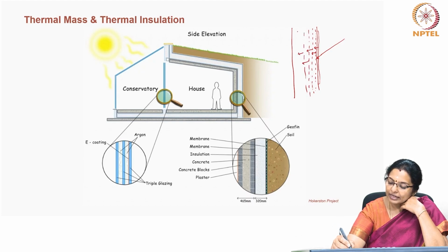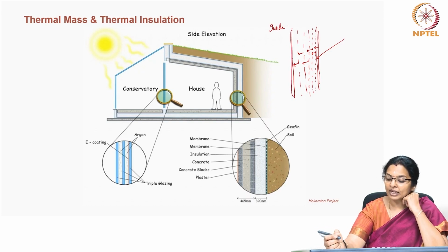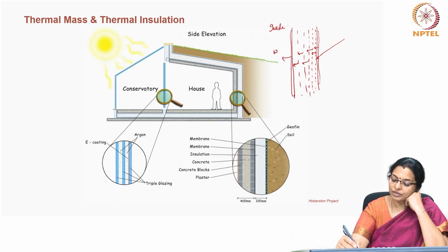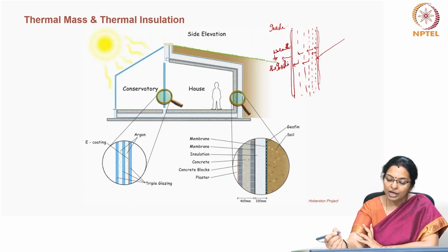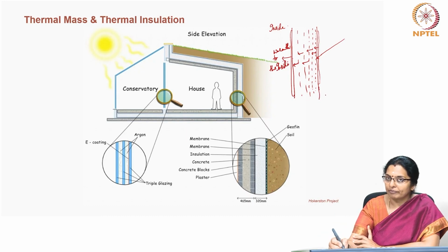Like this, the heat gets transferred until the first layer of the inside gets warm and the thin film of air adjacent to this wall gets heated up. And this layer gives warmth to the inside. Now, thermal mass and thermal insulation becomes very important because you can govern the time by which